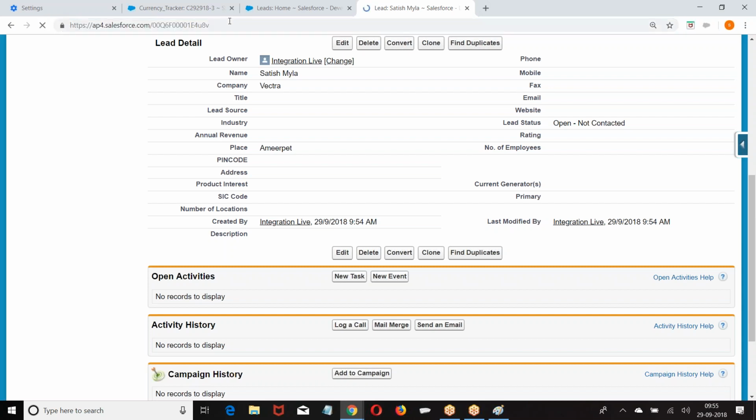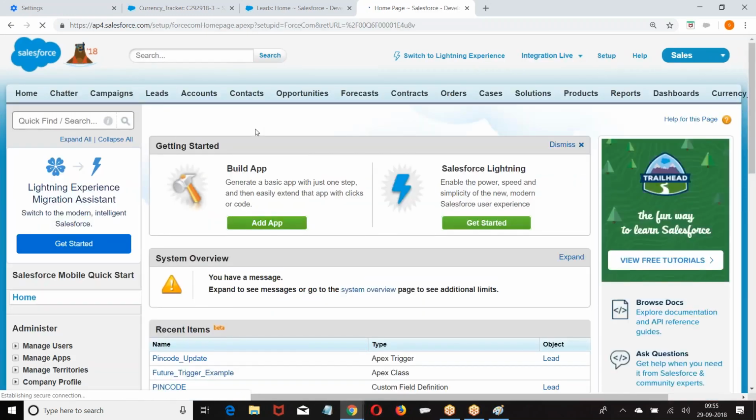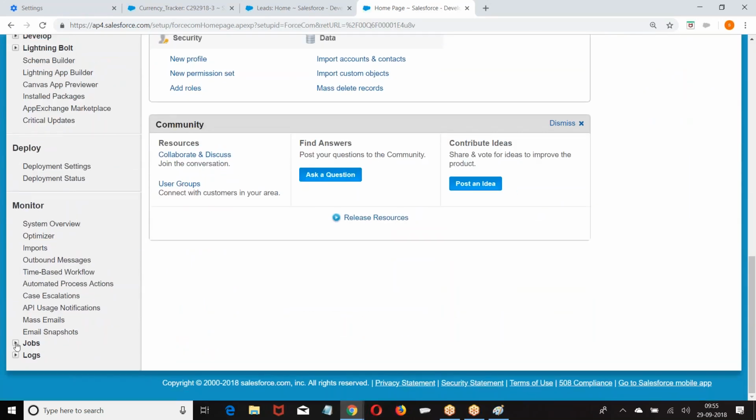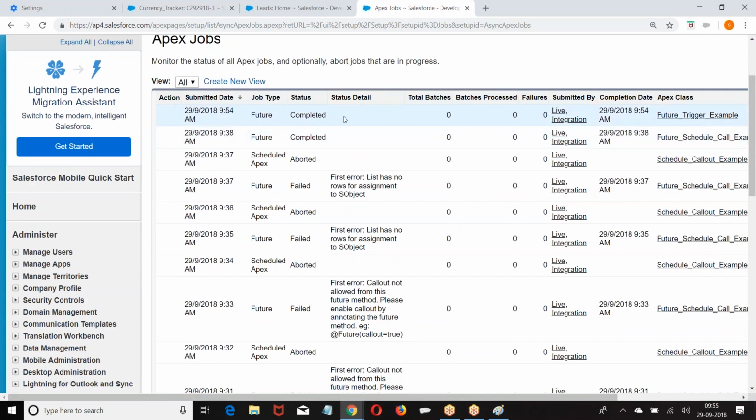Go back. Still, the operation is not done. First go and see whether it's a success or a failure. Now, we are able to do this because it is running independently. Because it is running independently, we are able to perform it. Just now the future completed.